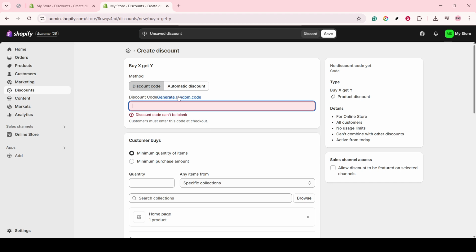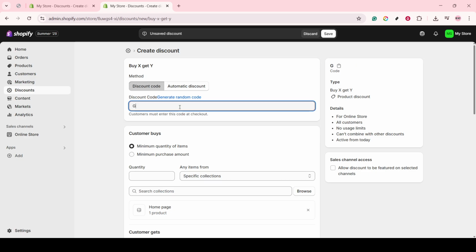Now it's time to create your discount code. You can generate a code automatically, or if you prefer something that'll be easier for customers to recall, you can type your own. Including the word gift in your code can be helpful. It's short, clear, and directly related to your promotion, which can make your discount code feel more engaging and purposeful